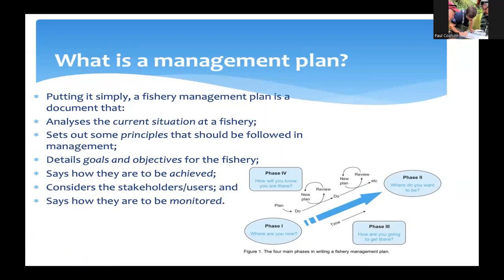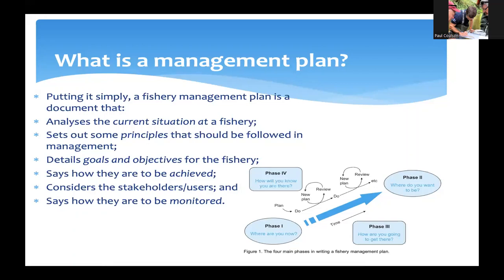So really, if you've been to one of our talks before, I often start with a couple of slides about management and planning and fishery management plans. It's important as a fishery, when you start to look at improvements and changes you might want to make, that you actually think about where you want to go with the fishery. You analyse what you've done already, where you are with it, where you'd like to get the fishery to, and what those intermediate goals might be as you progress along that plan towards your end goal.